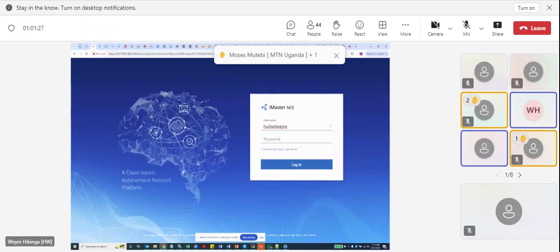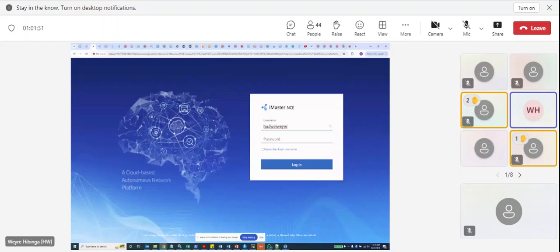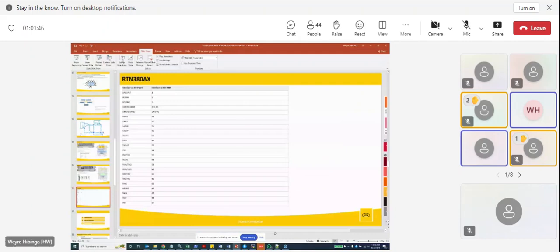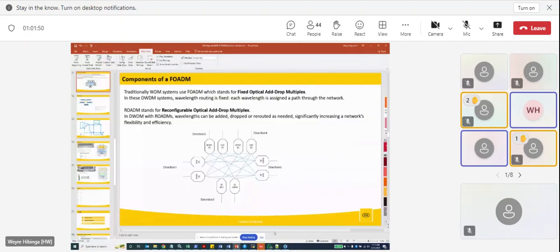However, what the OH20 and DWSS introduce in the network is that they eliminate the use of multiple pairs of patch cords between multiplexer and demultiplexer when you're passing through